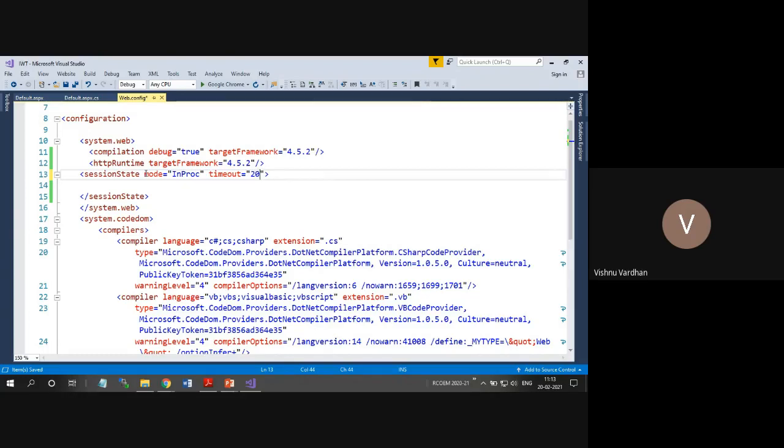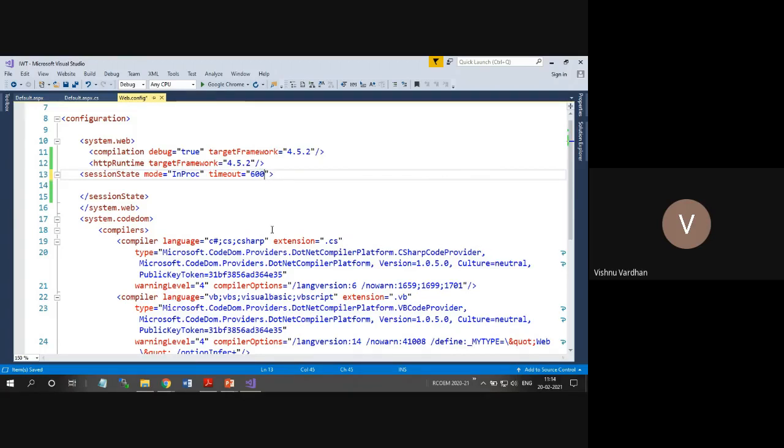Okay, so if you are not writing anything exclusively in this web.config, then basically these settings are getting applied. But I want to override this setting with some 10 minutes. No, it's 10 hours. 1 minute is... 20 minutes, and yes, this is 1 hour. Okay, so in that way we can set the setting as per your requirement, or sometimes you may keep this for 10 hours also. This is for 10 hours.